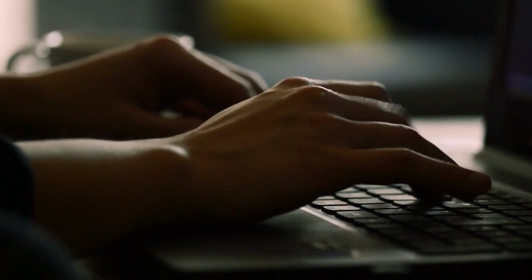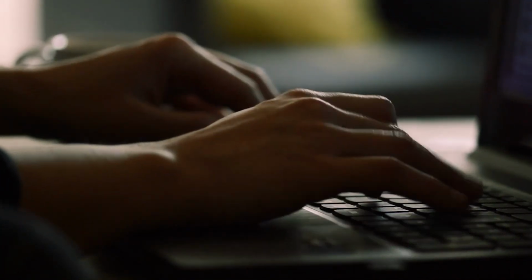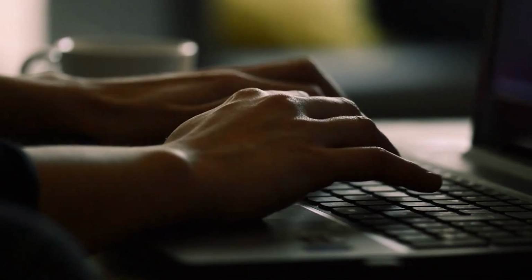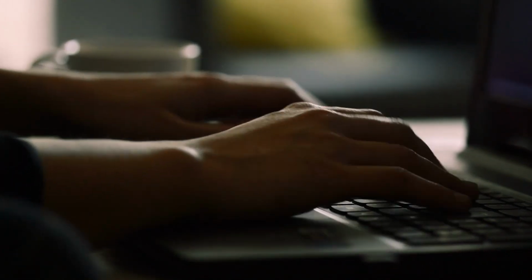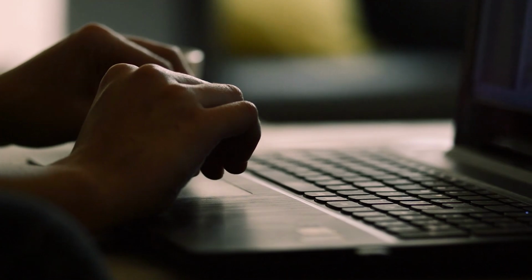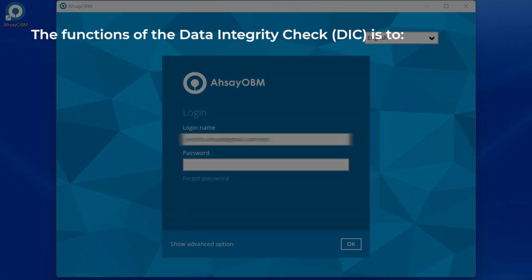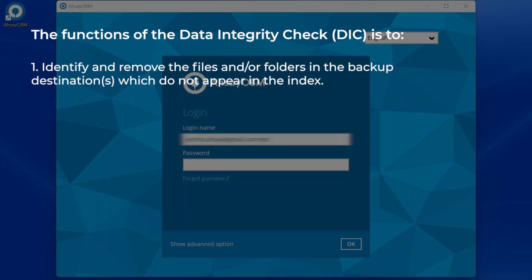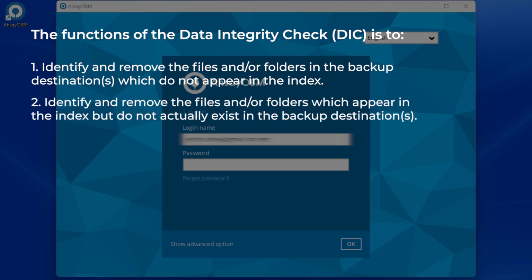This video outlines the steps to perform a data integrity check for backup data stored in the backup destination, for example, a local destination, as a CBS, or other cloud storage. The functions of a data integrity check are to identify and remove files and folders in the backup destination which do not appear in the index, identify and remove the files and folders which appear in the index but do not actually